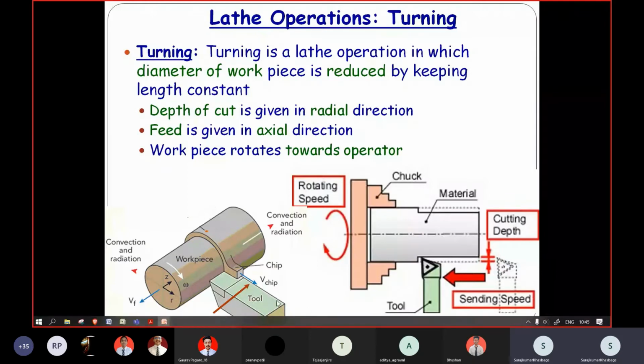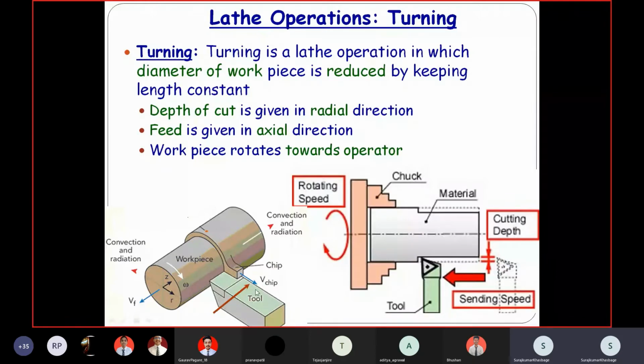Here two types of motion we have to give to the tool in any turning operation.